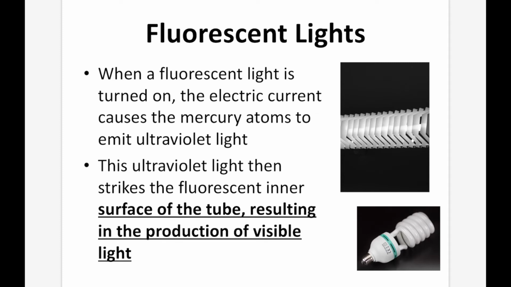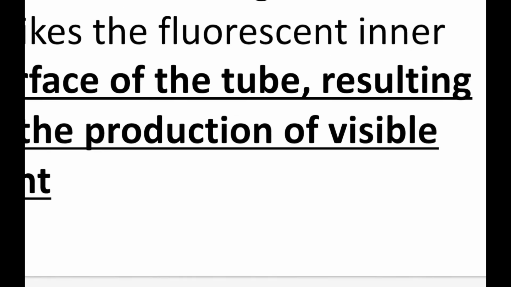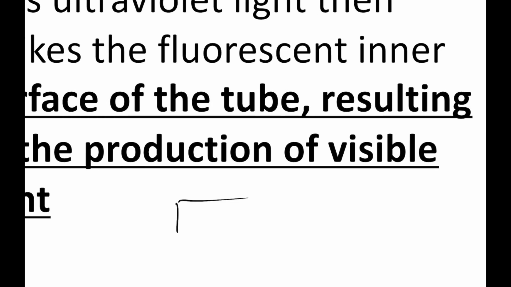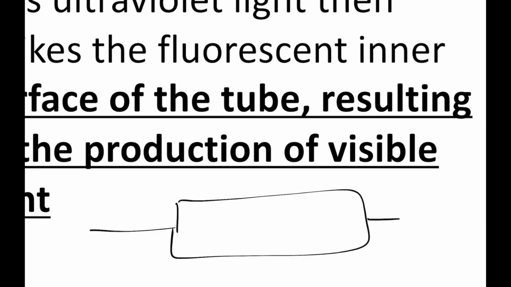This ultraviolet light then strikes the inner surface of the tube, resulting in the production of visible light rays. So let's see what that would look like. We have our fluorescent tube right here, and it's going to have electricity coming in, electricity coming out. That little zigzag line is going to represent our electricity, and these Hg are going to represent the mercury atoms